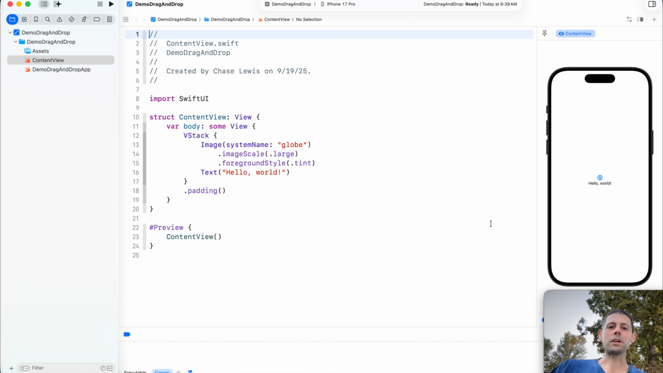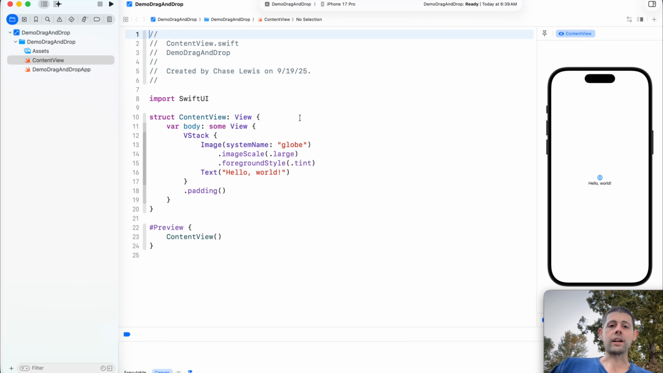Today we are going to be going over drag and drop with SwiftUI, and we'll be going over everything from the most basic use case all the way to a really advanced use case. Now if you're ready to get started learning, then stay tuned. Let's learn together. Alright, so here we are in our brand new Xcode project, and the first thing we want